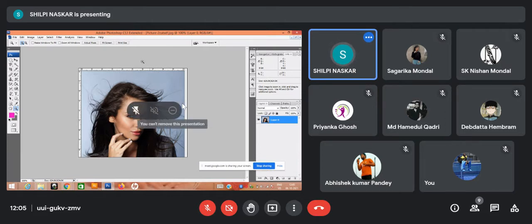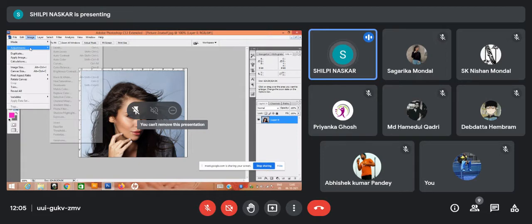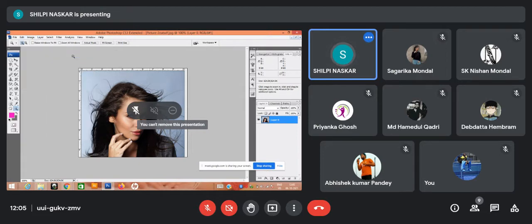Okay, now contrast here, say auto contrast, this is auto contrast. In the auto contrast, basically to maintain the color balance, auto contrast means automatically the contrast is taking place. That means the lightest highlight portion will be made white, and the darkest shadow will be made black basically. So that is the proper contrasting thing. And if you want to reduce the contrast, then you have to make it consecutively actually.